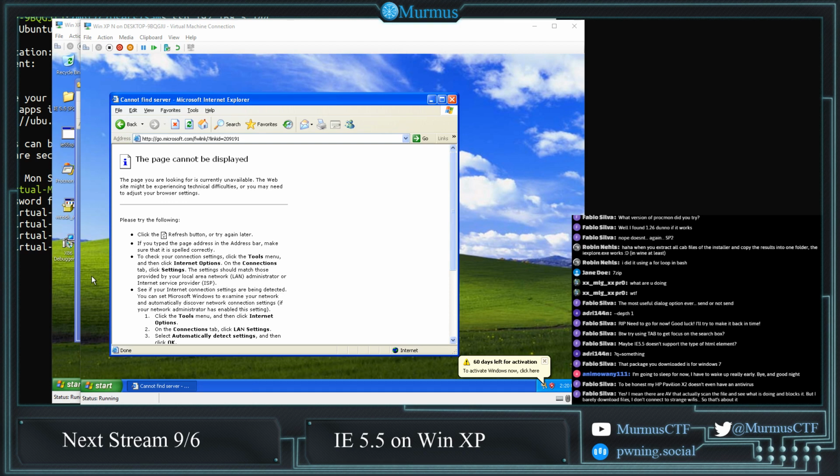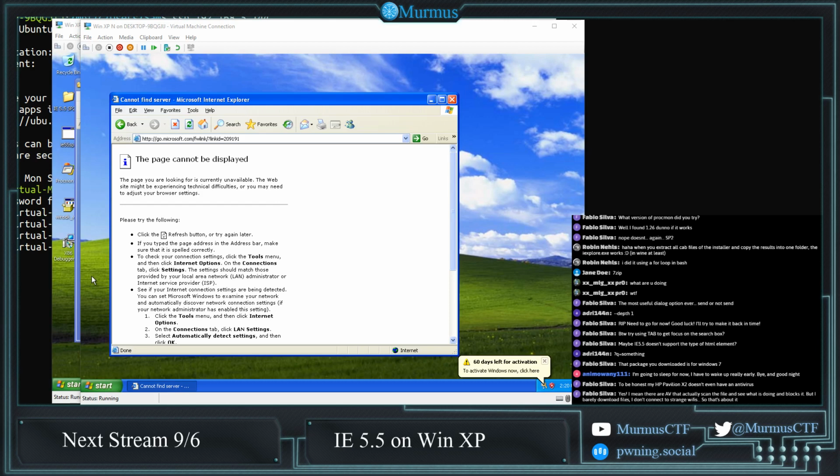So I am currently downloading the Windows XP Service Pack 2 installer. And hopefully I'm going to be able to move that over and run it, and we'll be up to date-ish. Hopefully Service Pack 2 will be close enough that we can actually update all the way. And my hope here is that once we get up to a modern system, we'll be able to get the debugger stuff running, be able to do things, and still be able to use that trick to just extract